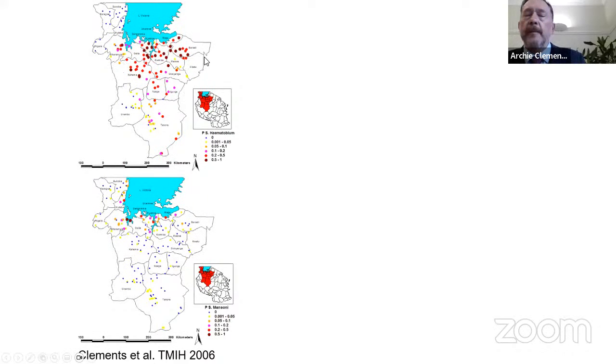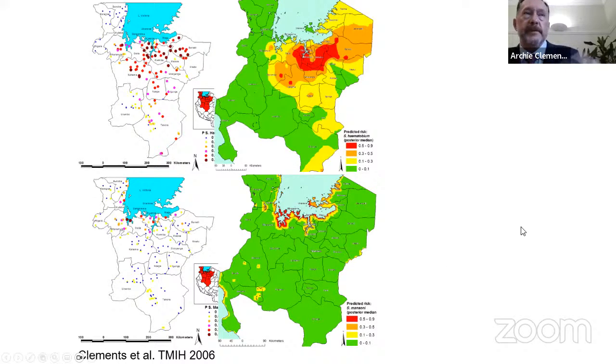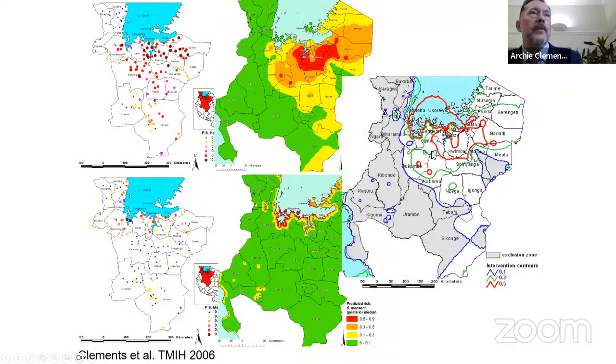Whereas Schistosoma hematobium is transmitted by a different snail that prefers irrigation areas, streams, and ditches where water moves and where the qualities of the water are quite different. And so you get a very different spatial distribution of this parasite in more inland areas. So again, I did a spatial prediction model, predicted the risk of these two infections, which is where all of these other studies that I've shown you stopped. But what we did then, which I think is the most important aspect of this study, is we translated these maps into a public health decision-making tool.